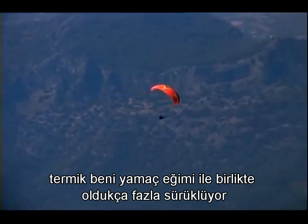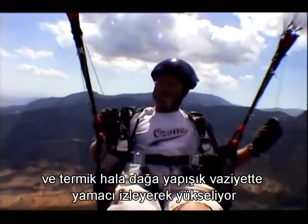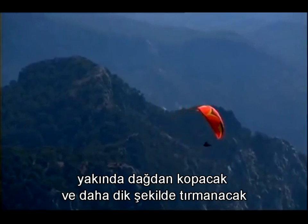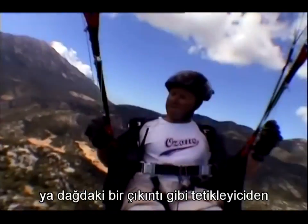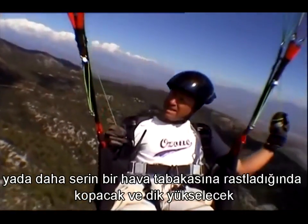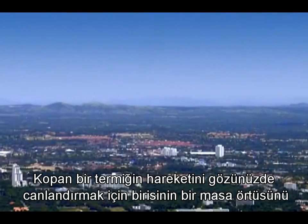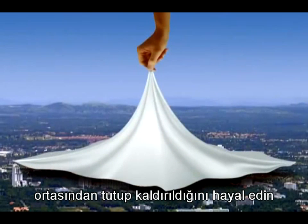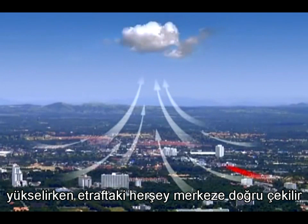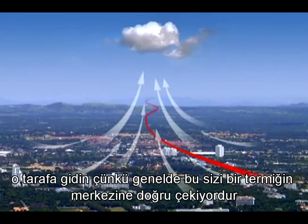Drifting me quite a lot along the slope still. The mountain is still very shallow and the thermal is still stuck to the mountain and is drifting up it. Soon it will break and go more vertical, either when it releases from a trigger point of the mountain like a pinnacle, or when it hits cooler air and goes up more vertically. To help visualise the track of a thermal as it releases, imagine someone pinching a tablecloth and lifting it upwards. Everything at the edges is drawn into the centre as it continues to rise. So if you find yourself low and drifting, go with it, as it is usually taking you to the centre